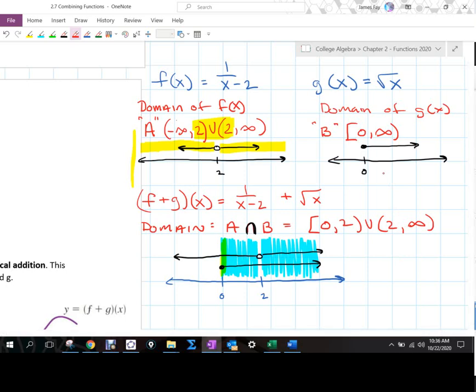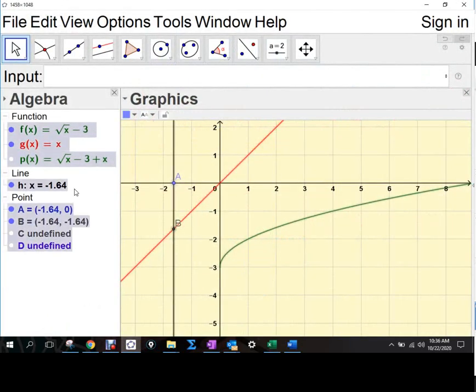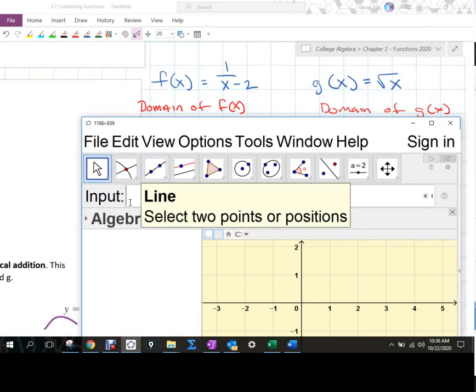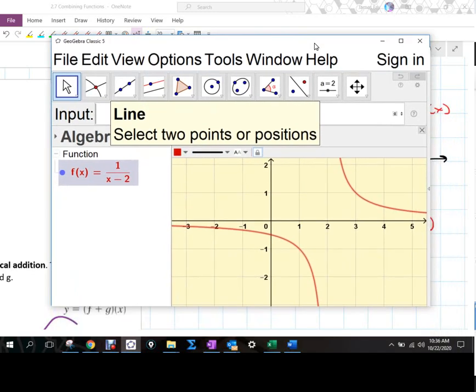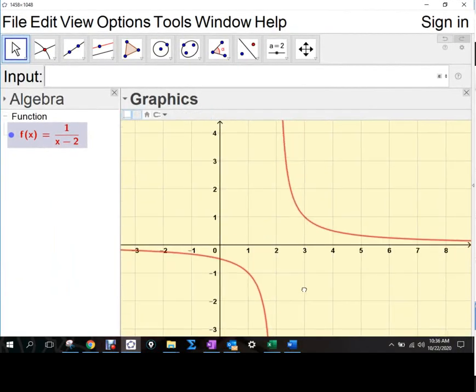If we were to graph f and g individually, which would look like, so f of x is 1 over x minus 2. Okay, so that curve there. And we see that the issue that we get is here at x equaling 2, right? Okay, we have an asymptote there. When you get to calculus, you'll talk about limits and understand why this thing's not defined here at 2 is because